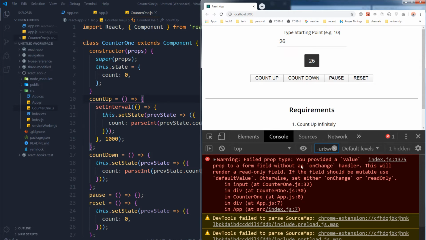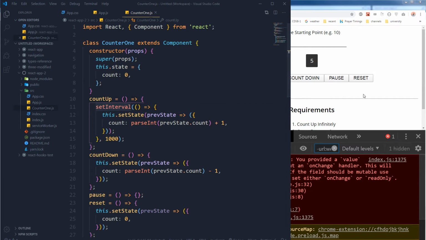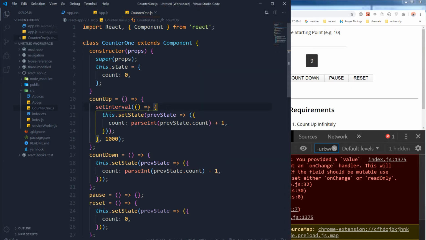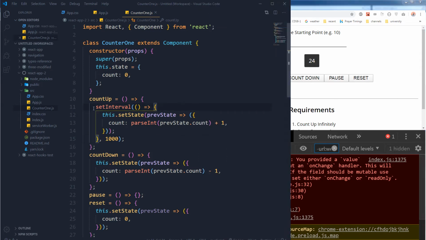Failed prop type, you provided a value prop to a form field without an onChange handler. Okay, we need an onChange on the input. If I reset it, it is not resetting, it should stop. That is because we used setInterval, and the reset button is resetting the value of the counter in the state, but our interval is running. When we use an interval, it gets stored in the browser, and it keeps going on unless we stop it. So we need to clear it, and to clear it we need an identifier